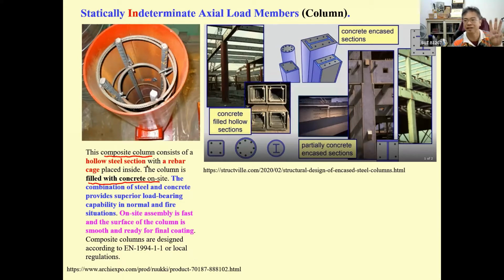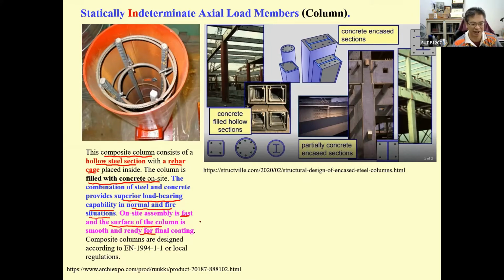So there are three things. One is the hollow steel section, another is the rebar cage, and another is the concrete. This column is very good in load bearing capacity. It is going to take a larger load compared to a typical reinforced concrete, and it has very high fire endurance or fire resistance, and it can be assembled very fast